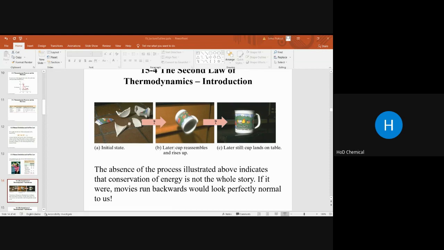Okay, repeating the slide. We will discuss only engines that run in a repeating cycle. The change in internal energy over a cycle is zero as the system returns to the initial state. The high temperature reservoir transfers an amount of heat to the engine, where part of it is transferred into work and the rest, QL, is exhausted to the lower temperature reservoir.